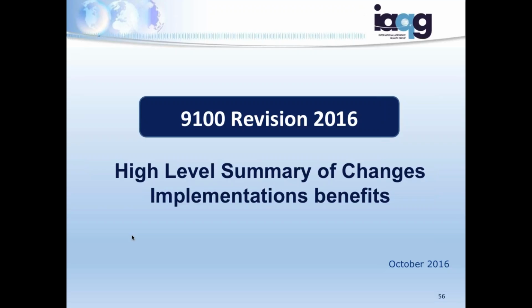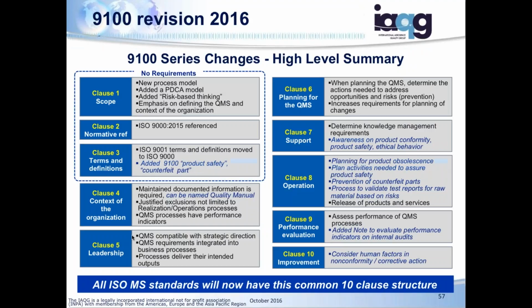So if you said, buddy, you covered a lot of stuff, and I really need to notify my leadership of this, do you have a one-page summary of everything you said? Well, here it is. The black text is the ISO changes. The blue italics is the 9100 changes. So one page, high level. And once again, these are just the key changes, not all the changes.